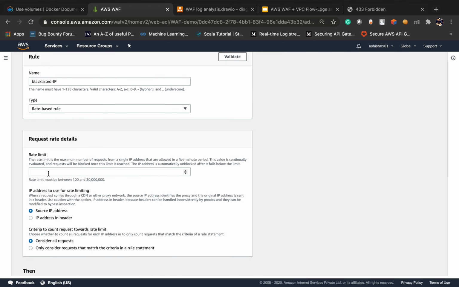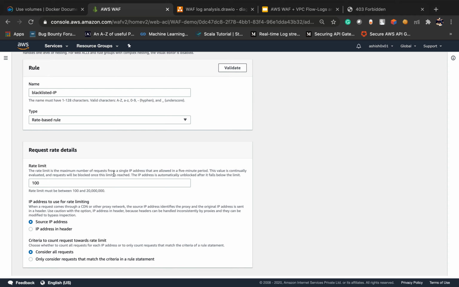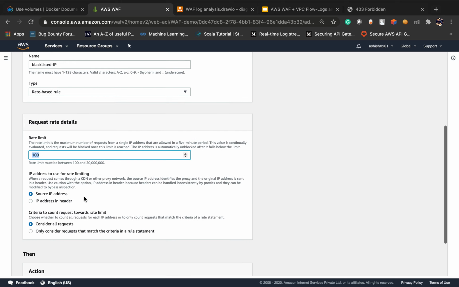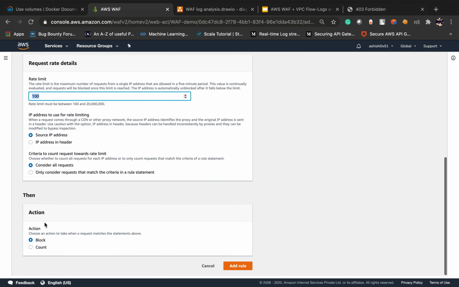And suppose here we are providing 100 as a limit. So what will happen is, in an interval of 5 minutes, if any user is hitting more than 100 requests, then it will block that IP. And here, add rule.